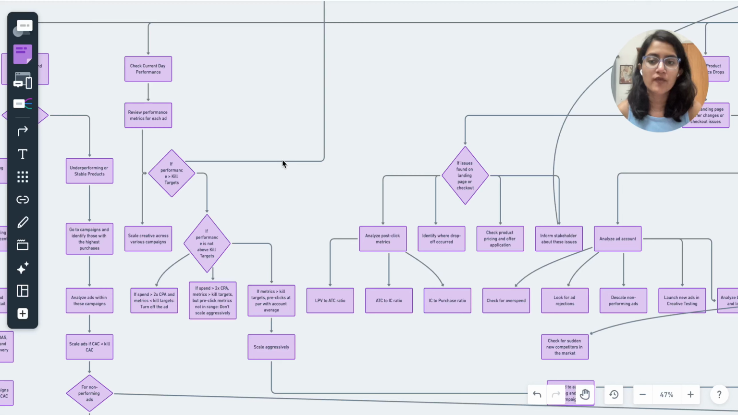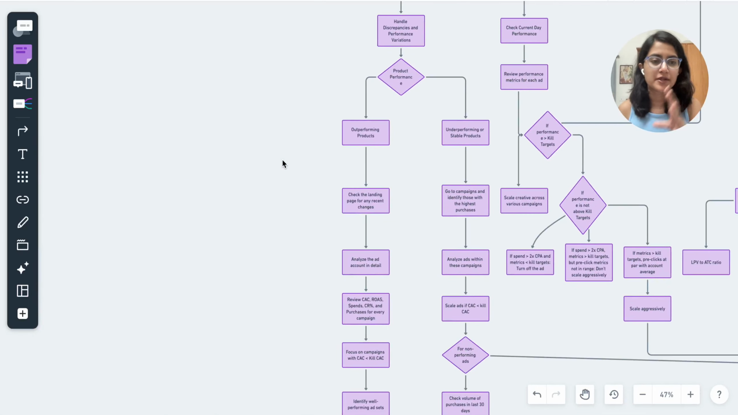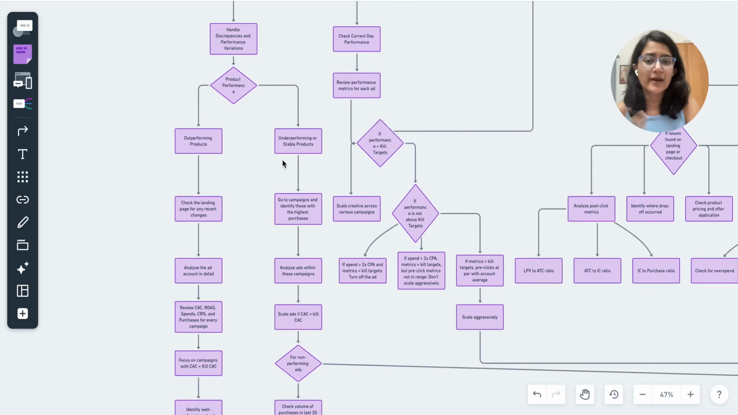I review the performance metrics of each ad based on what I have done and optimized at midnight. Usually this is the process that we do at midnight, so that I'm already ready for the day, know what happened last day, and can make the necessary changes. And by 12,